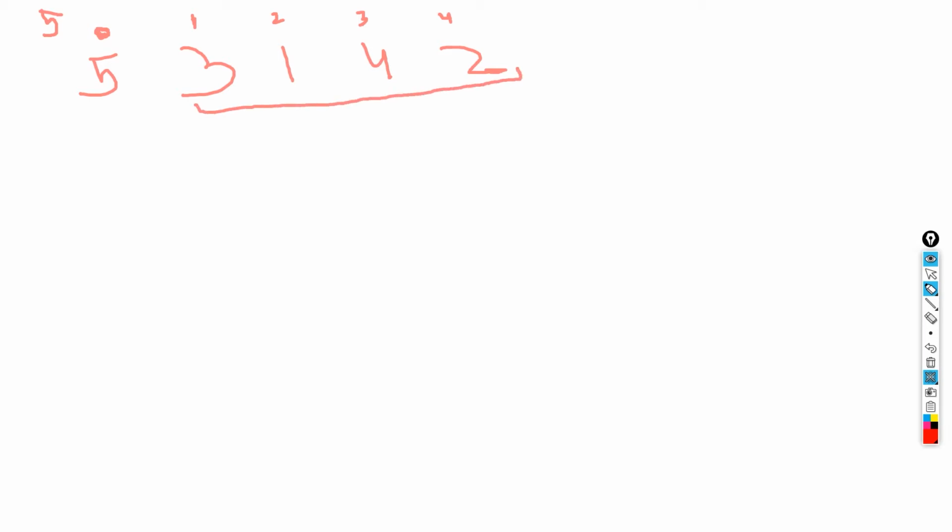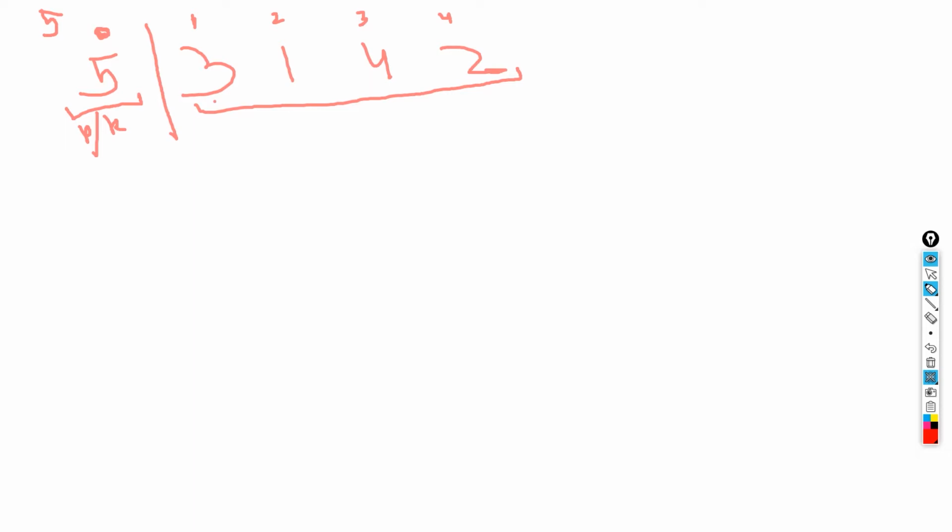I will segregate the array into two parts. Not exactly segregate, but we'll just think of the array as being in two parts. This part is the key part, or the pointer part, whatever you say, and this is the other part of the array. In order to sort this in ascending order, I'll take this 3 and compare it with 5.